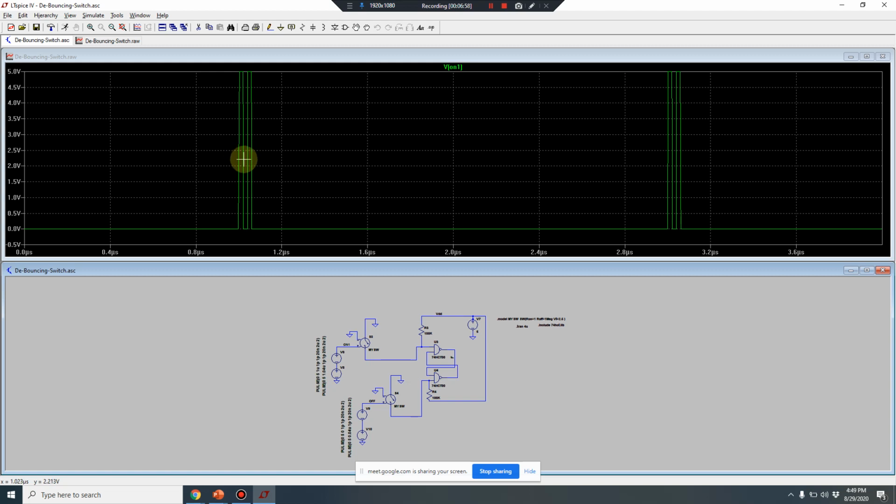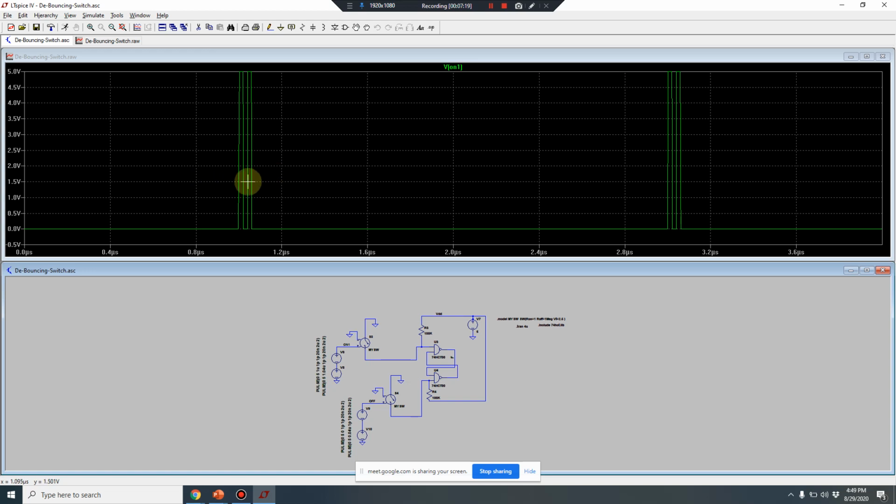Sometimes one pulse might increase the count by one. So if it is making intermittent contact, it might increase the count. If it has got 5 or 6 such pulses, it is going to multiply by that many pulses. So it is a big problem in digital circuits when you have such noise.